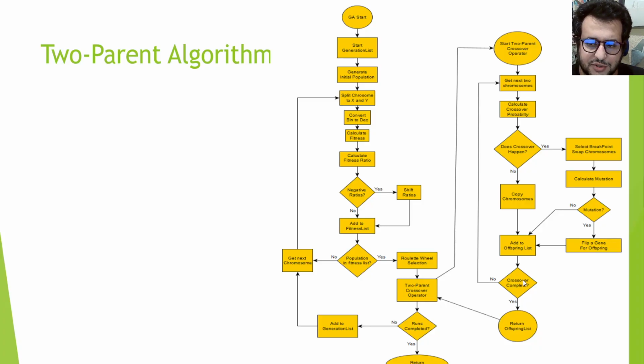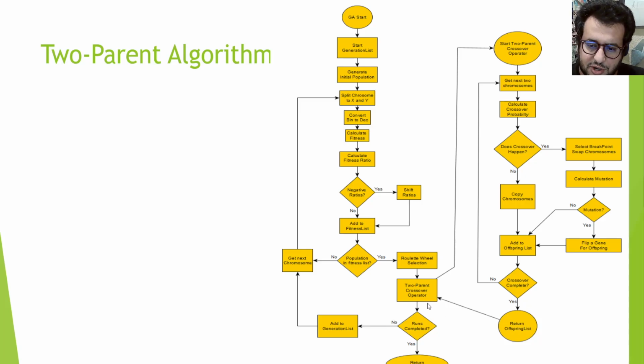Then if the crossover is not complete, you go back through and you get the next pair. If the crossover does not happen, you simply copy the parents directly to the new population. You add it to the list,